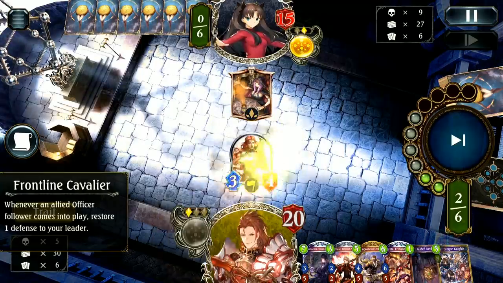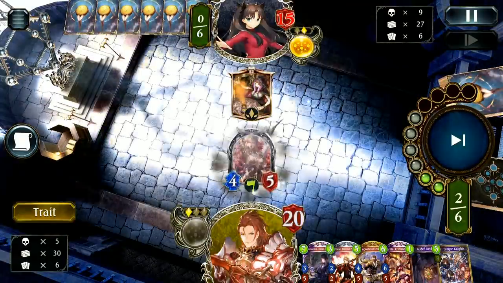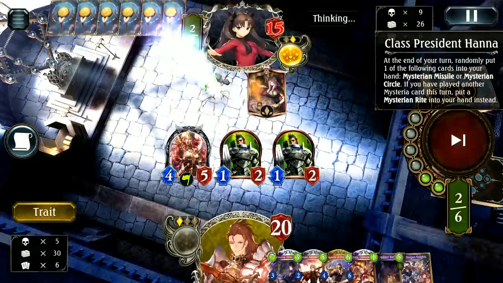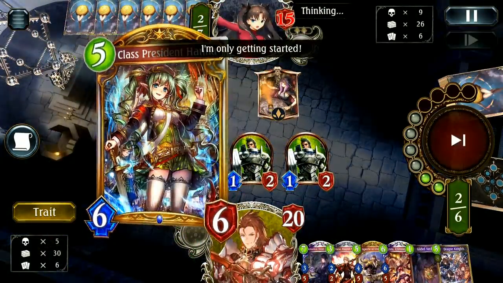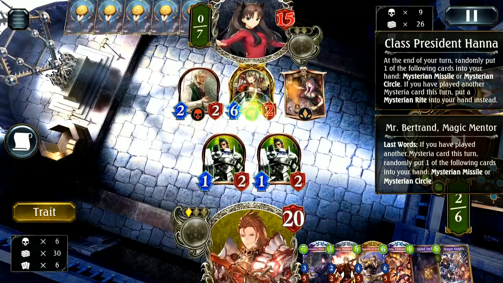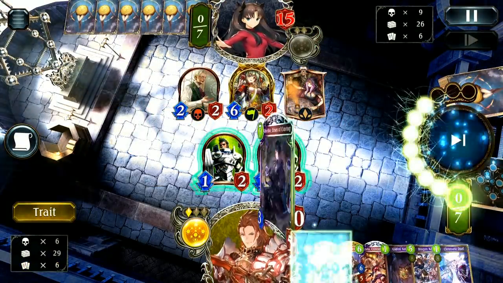Frontline Cavalier, though, is a reasonable play to restock our board when our opponent pretty much has nothing. It's kind of a bonus that they pretty much wasted their turn last turn. But Class President Hannah isn't going to be a very nice guard to fight. Although we should have a reasonable chance at setting up lethal for turn 8. All we can really do is hold off,